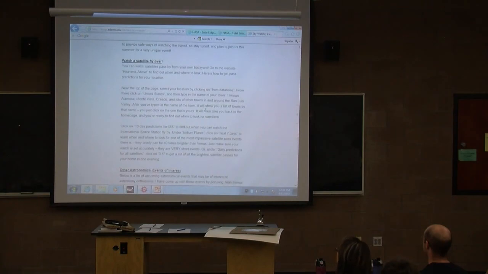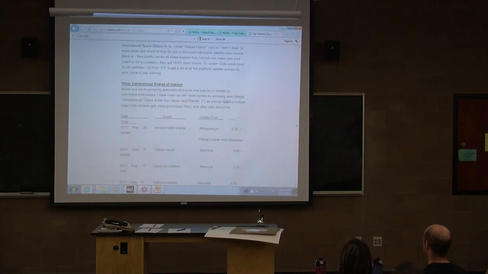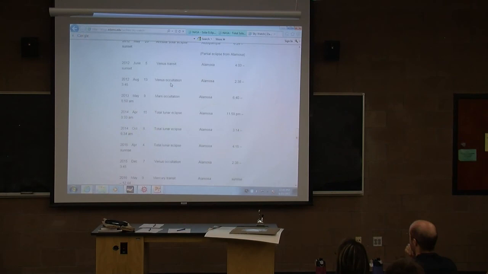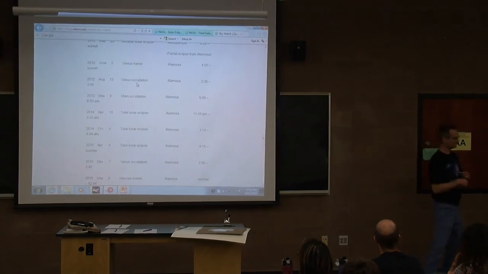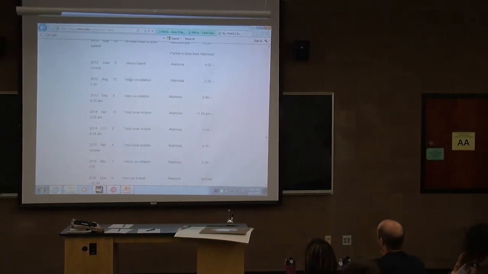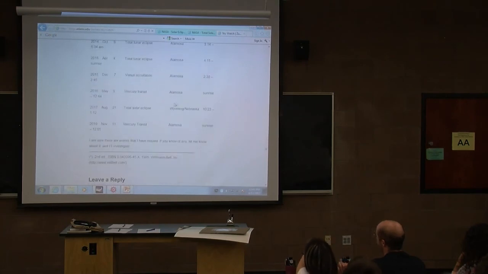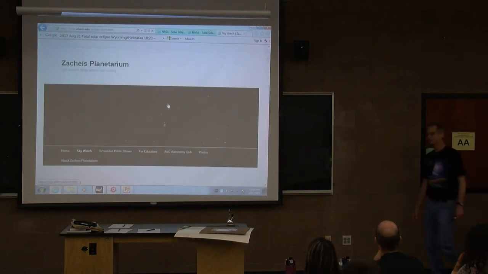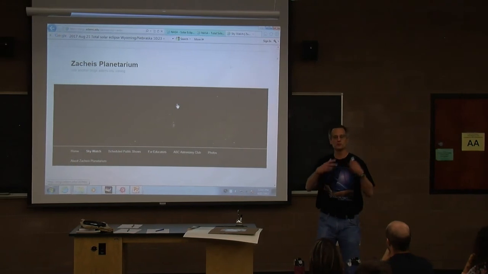I have some instructions on how to look for satellites that fly by. You can just go out in your backyard where it's dark and watch satellites go overhead if you know when and where to look. So I've got instructions here on how to find out. And then I have a list of other events that are coming up that I found, whether they're eclipses, transits. An occultation is when the moon actually passes in front of a planet and blocks it out from view. So there's going to be a Venus occultation in August. Next year there'll be a Mars occultation, a couple of lunar eclipses, and so on, until finally that total solar eclipse in 2017. So there's a resource for you, the Planetarium's website. Feel free to go there and look for information on astronomical events or happenings at the planetarium.